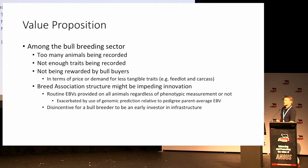And if we look back 20 or 30 years ago, some of the breed associations have really been amazingly good at encouraging performance recording and evaluation and driving improvement. But some of those business models have changed a little bit, and they've particularly changed with the introduction of genomics. So an example for this is where